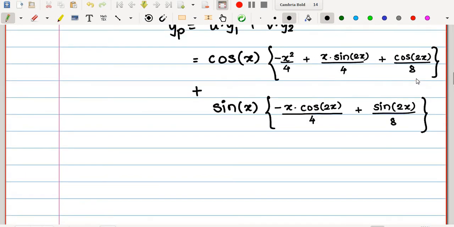So now if we simplify, the required value for particular integral is minus x square times cos x upon 4